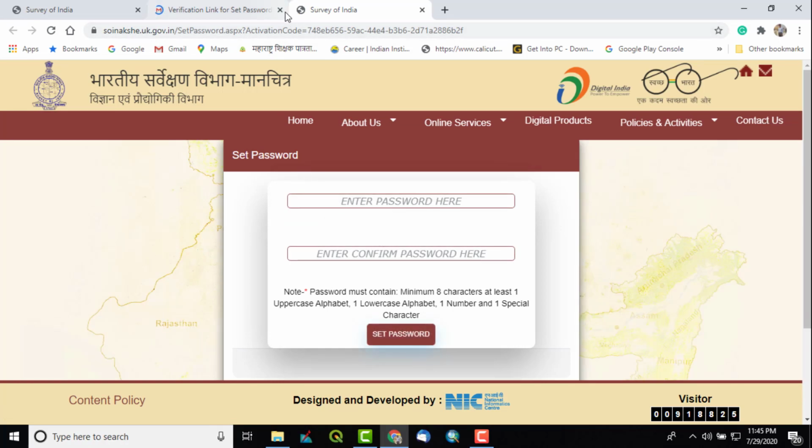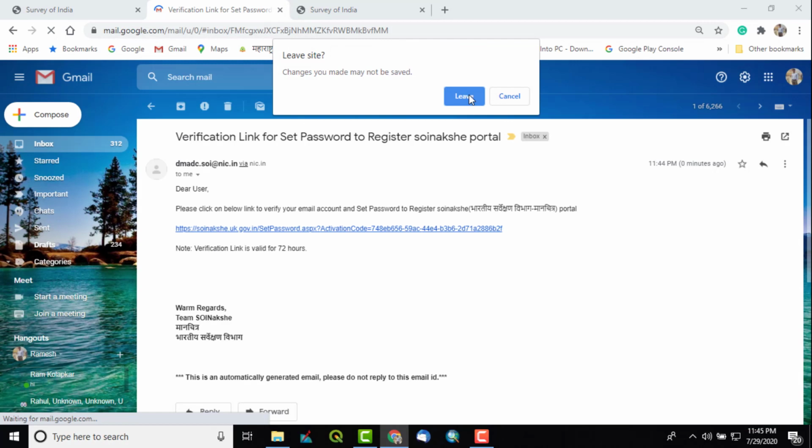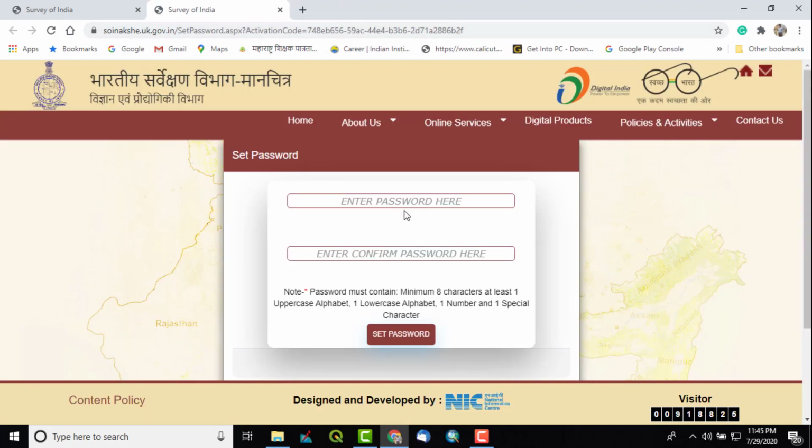Now we have to set the password in this next step. Enter password. The password conditions are: the password must contain a minimum of 8 characters, at least one uppercase alphabet, one lowercase alphabet, one number and one special character. So you can do that any way.